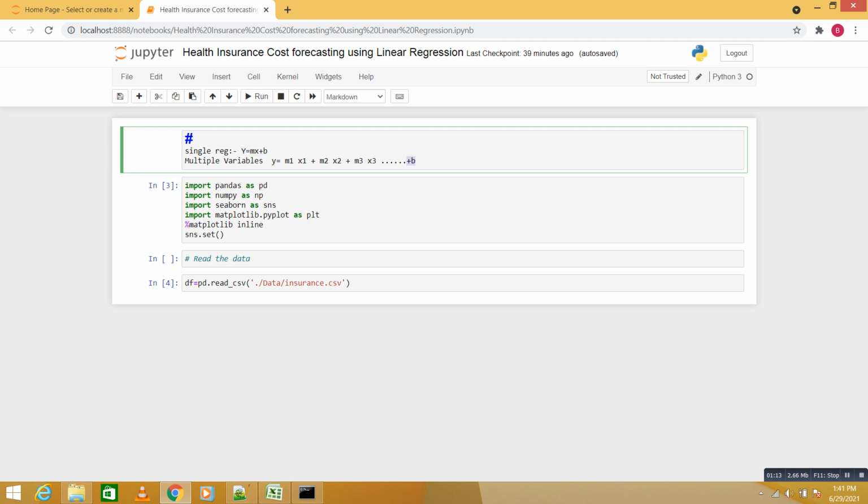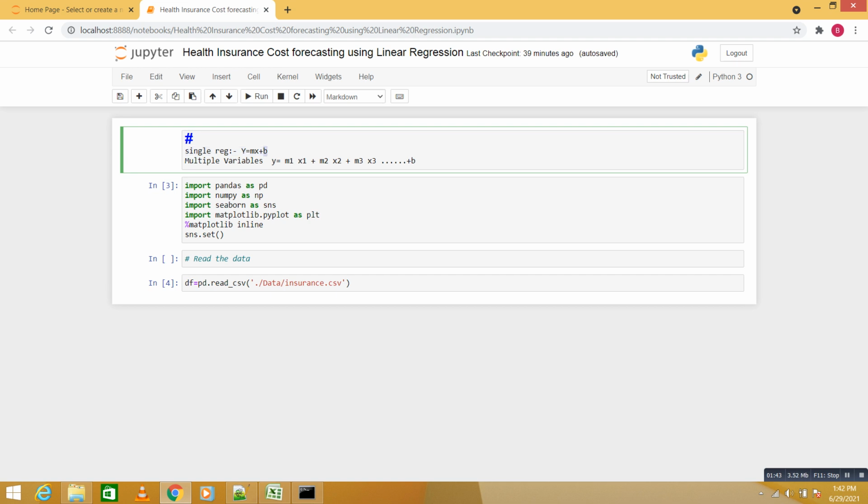Here m1 is the slope of feature x1, m2 is the slope of feature 2, and m3 is the slope of feature, or independent variable, 3. So all the independent variables, or features, are covered in this equation. This is the equation for multiple variables, and that is the equation for a single variable.